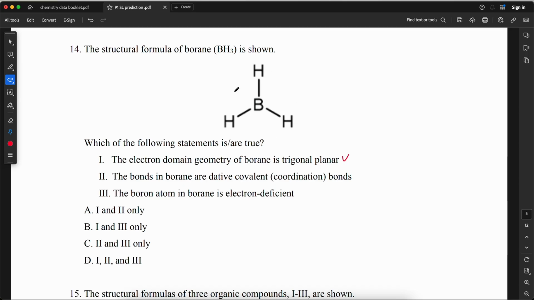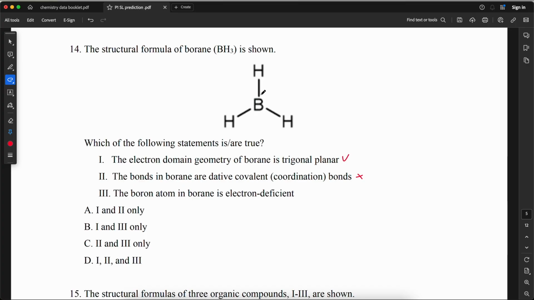There is no dative covalent or coordination bond. The boron atom in boron is electron deficient. It is true because BH3 still can accept a pair of electrons, for example from H2O that has a lone pair. So that lone pair, 2 electrons from H2O, will form a bond with BH3, forming a dative covalent bond,